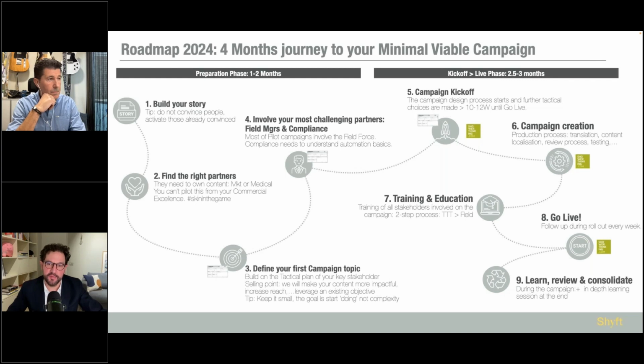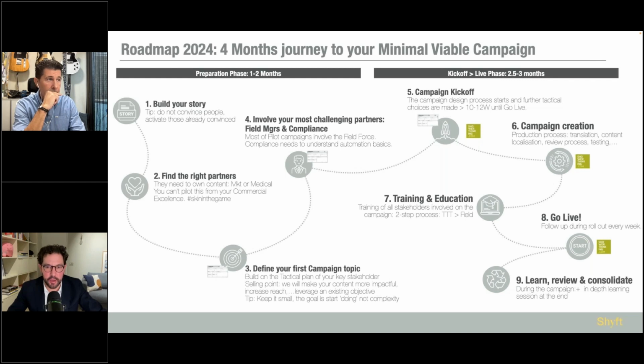And now you have got everybody on board. You got a very small team of 2-3 people to execute this, and you start your campaign design process. And you've already seen maybe this small icon in phase 3. This is where the campaign canvas will help you in 3, 4, but especially 5 to start doing the design process. In the campaign kickoff, you will fill in this canvas, and as of this point,